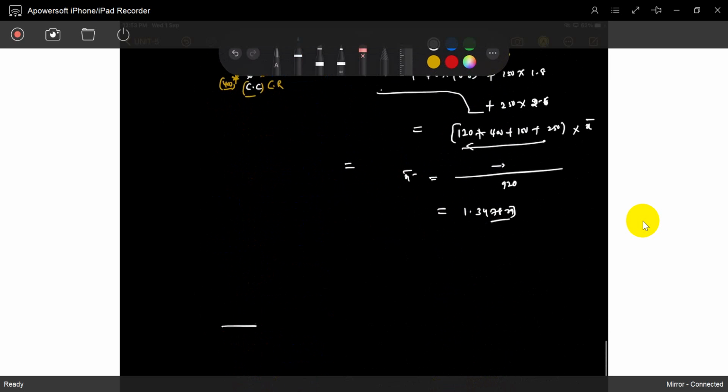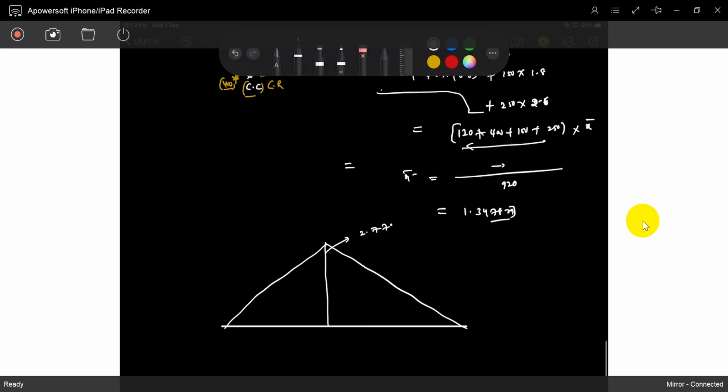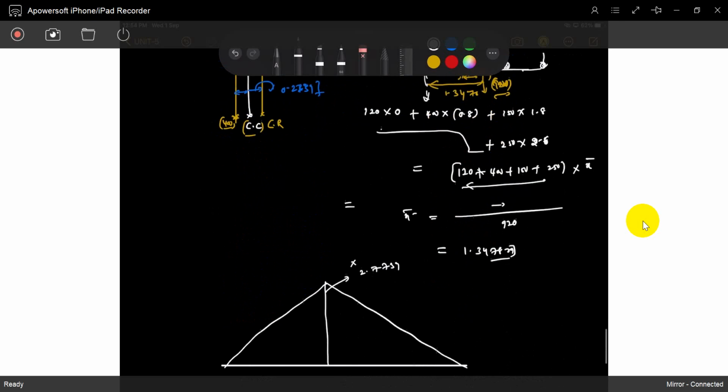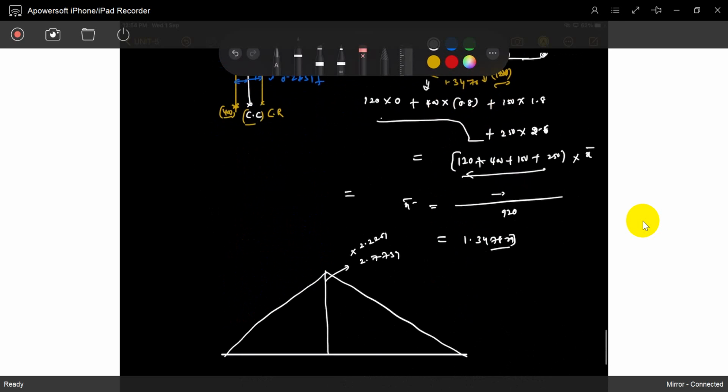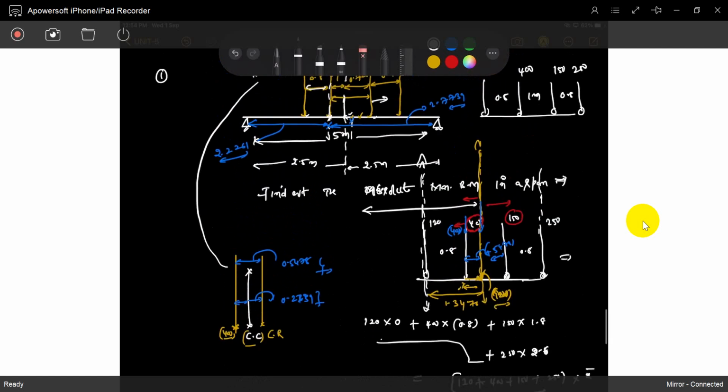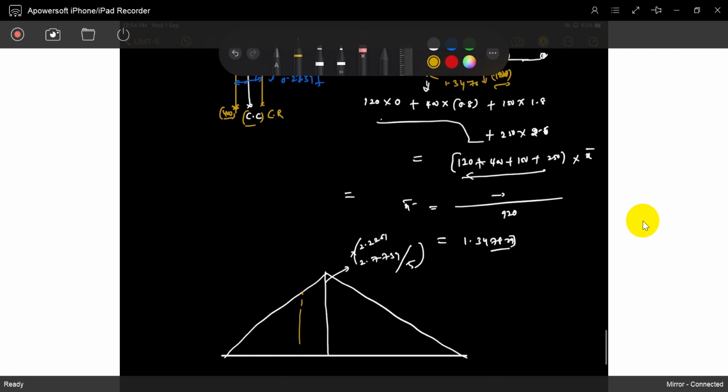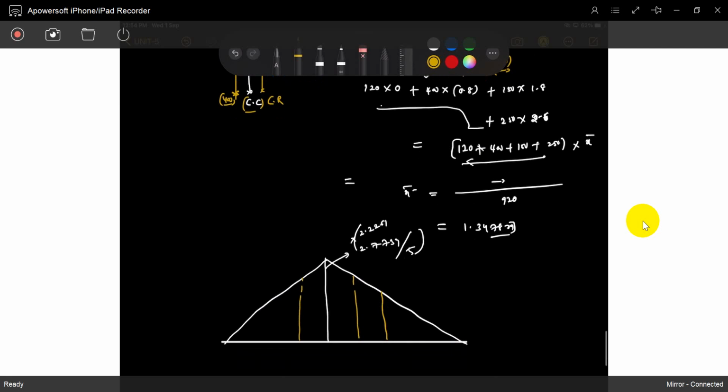So draw it. We'll get it. And that value is 2.2739. So what is the previous value? 2.2261, and 2.2261 divided by 5 is the value. So now we can stretch the values, stretch this 1, this 2, this 3. Find out the influences. That is easy. So you will get this value as 0.7912.